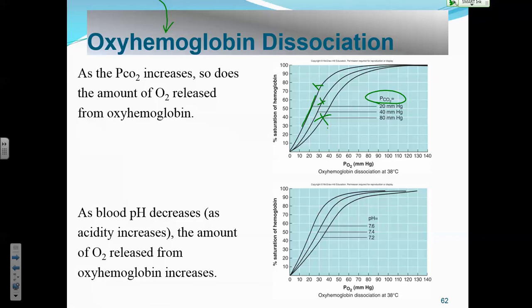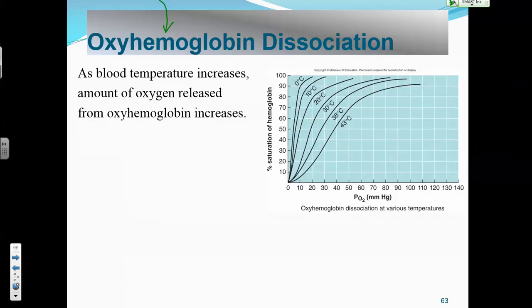So do you see what this means? These are various pHs. Do you see how there is more oxyhemoglobin here than here? The lower the pH, the more quickly the oxyhemoglobin is going to dissociate to release oxygen. That's what that's talking about. And then temperature: here it is at different temperatures. See how more oxyhemoglobin is formed at low temperatures than at high temperatures. So it lets go more easily.